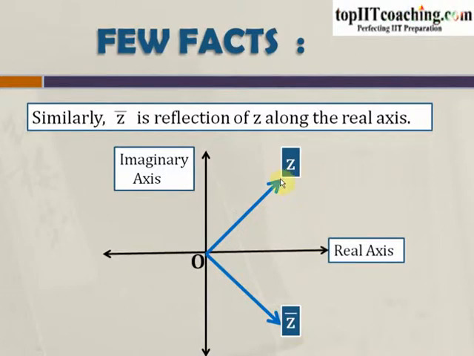We clearly know that if z is equal to a plus iota b, then its conjugate would be a minus iota b. That is, the real part remains the same. The magnitude of real part remains the same, and also the magnitude of imaginary part remains the same, but it changes sign. That is, if it's positive, then it becomes negative, and vice versa. Here we see that the real part remains the same, but the imaginary part changes its sign. Here it is positive and here it becomes negative. So z bar or the conjugate of z is a reflection of z along the real axis.